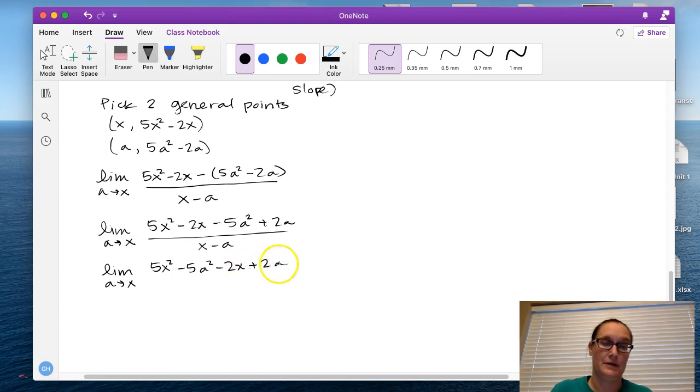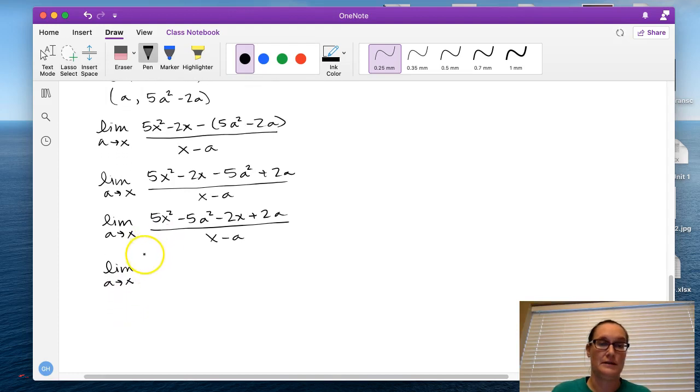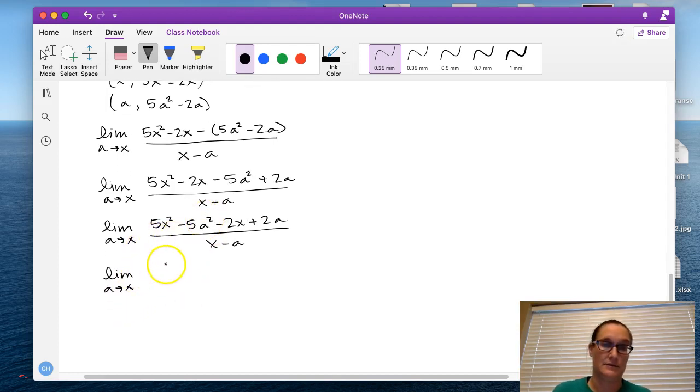And we want to group the x to the first and a to the first together. So we're going to group the powers. We cannot cancel things, by the way, unless you can change the numerator to be all multiplication. You can't cancel over addition. All right, so notice I'm writing the limit every time. This is going to take several steps, sorry, and I'm leaving this side blank so we can do the other